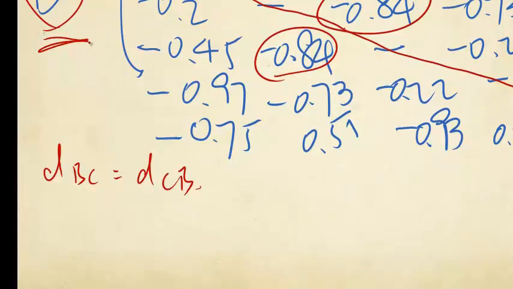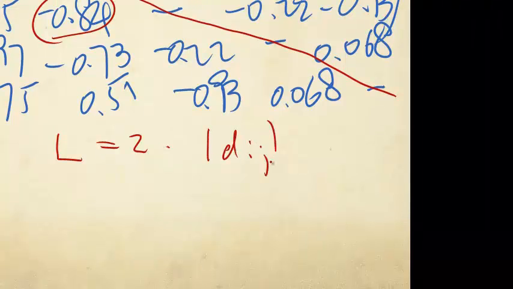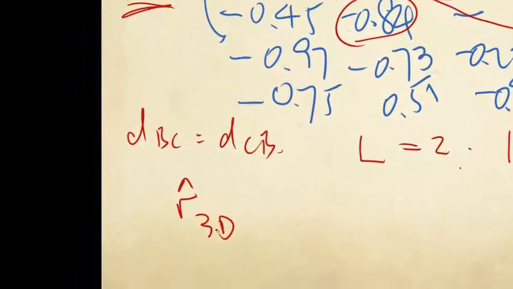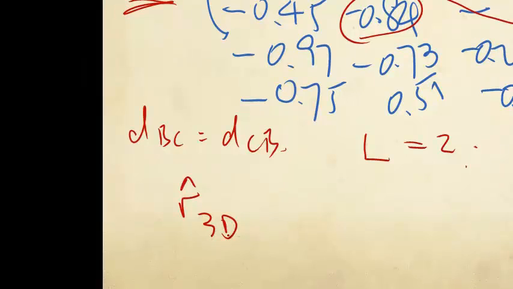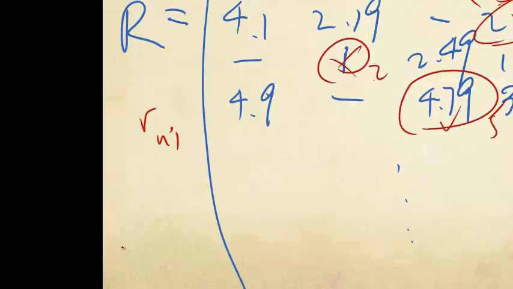Now step 4 is to define a neighborhood. Let's say the neighborhood for any movie is just 2. The top 2 movies with the absolute value of Dij being the largest relative to movie j will be included in the neighborhood. So let's take an example. For example, let's say R hat 3D. We want to estimate user 3 rating movie D. Remember, user 3 rating movie D,